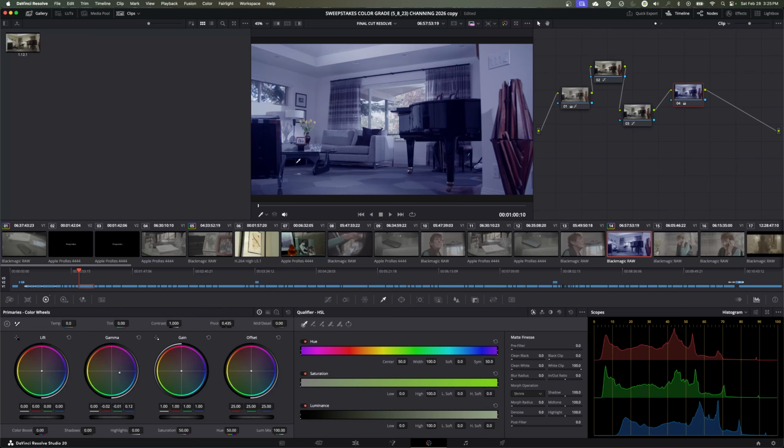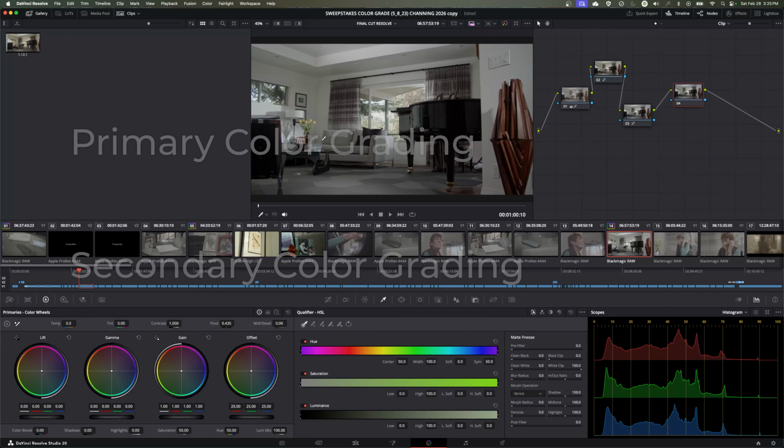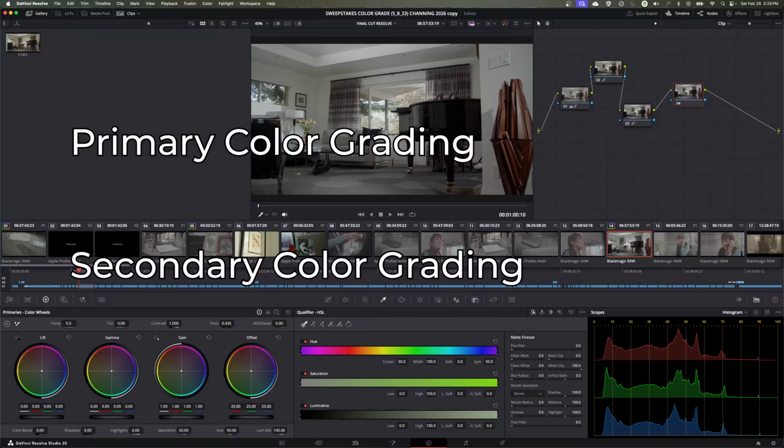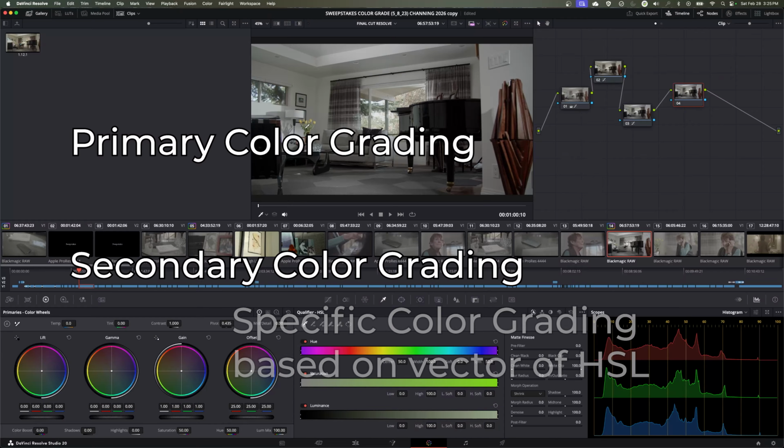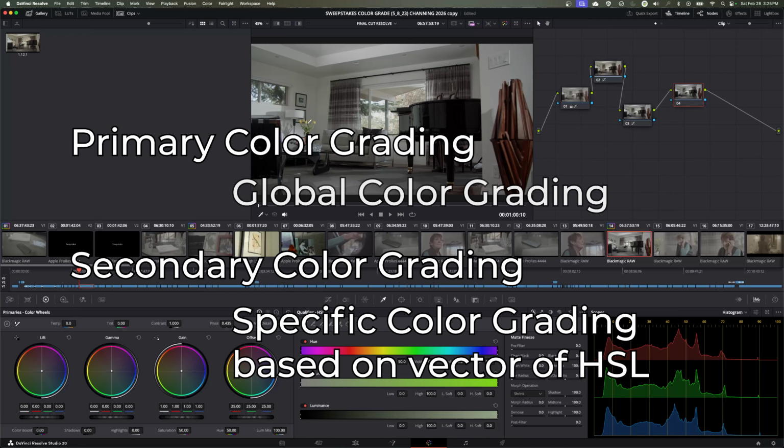If we're trying to get more yellow out of those flowers, or more green out of the leaves, we showed you some ways that you can do that with the curves, but this is very, very much more specific. This is selecting a very specific color vector and correcting just that color vector rather than the entire image, and that is what secondary color grading is. Primary is global, where secondary is correcting a portion of your image based on, in this instance, right down here,